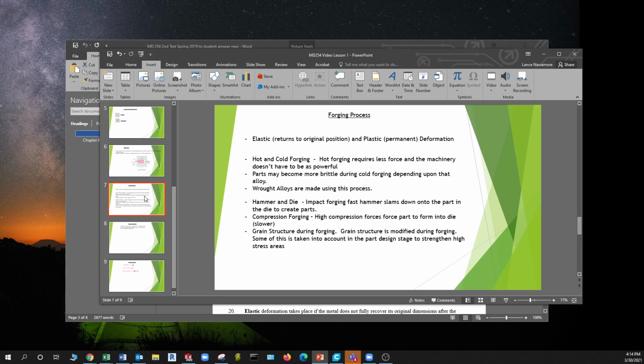But at its simplest form, forging is just shaping a material by exceeding its plastic deformation requirements. So exceeding its yield strength to where you're into the actual plastic deformation. Not necessarily going past its ultimate strength, which would be breaking it, but going in between those 2 points on the graph to where you're actually creating permanent deformation in the part, as well as the cross section of the part. So one thing we need to know about hot and cold forging for the test is cold forging requires